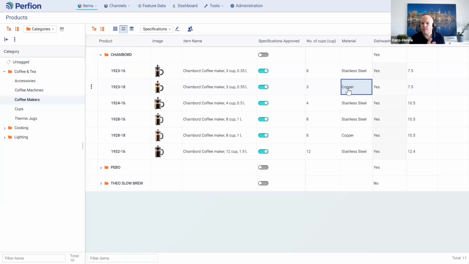It's not a small customer, but it's not only big customers that have complex product data. Many customers actually have complex products.